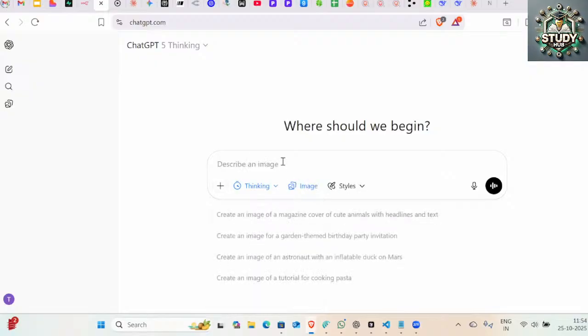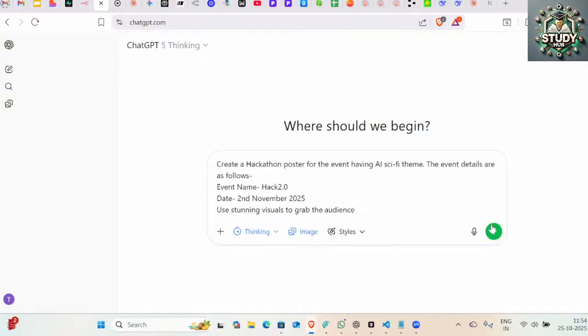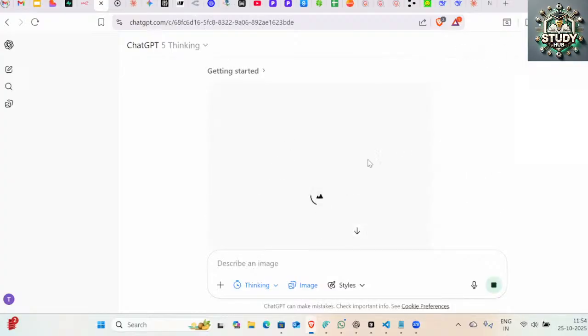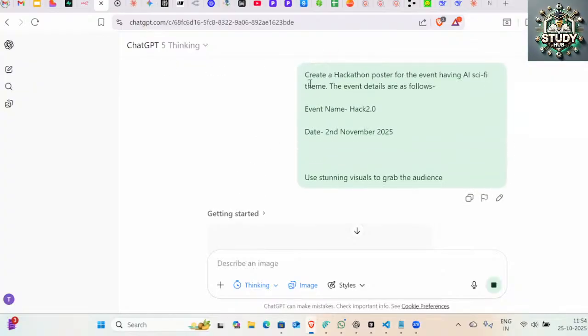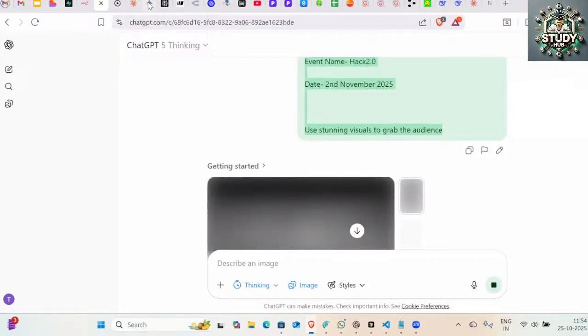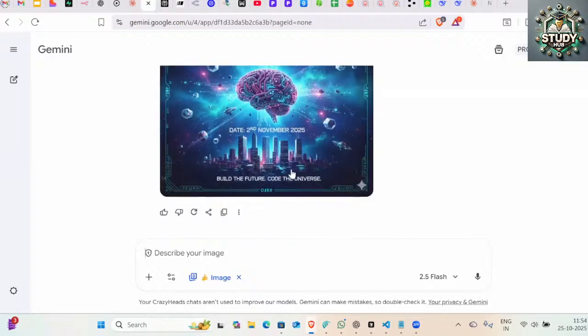Create image, and you can just give the same prompt, and you can use GPT-5 itself for creating these posters, right? Or you have a dedicated one, Sora, also, which I'll be showcasing for the video. But it is mostly without text poster, you can generate it quite well. But when you have some event information to be passed on to that image, use at least Gemini, or you can use ChatGPT, right?